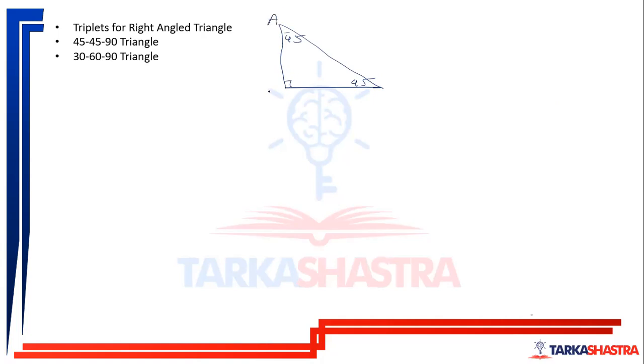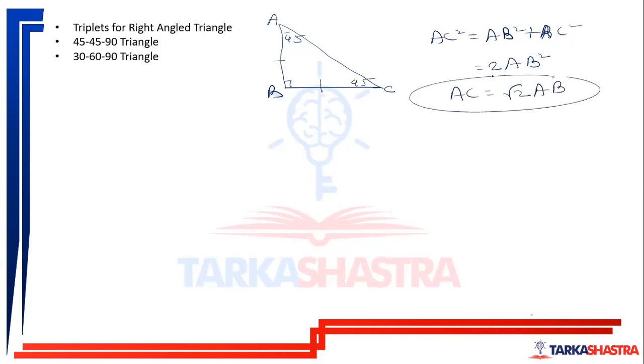So if I name this triangle as triangle ABC, where I know that AC square is equals to AB square plus BC square, but I know that AB is equals to BC. Therefore, it is AB square plus AB square, which is equals to 2AB square. Here, AB is equals to BC because this is an isosceles right angle triangle. If I take a square root on both the sides, I will get hypotenuse equals to root 2 times the side. Correct? It is applicable for any side, root 2 times of BC.